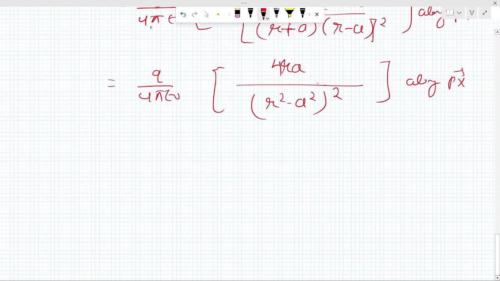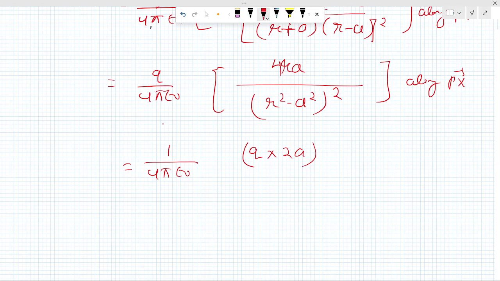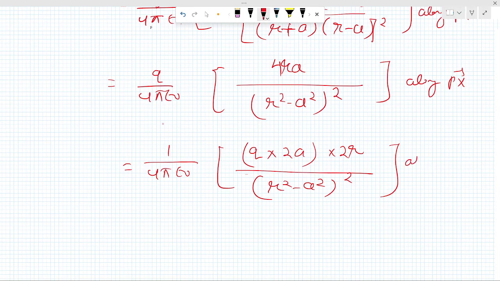Okay, next, if I take q inside the bracket, then it gives 1 by 4 pi epsilon naught q into 2a, into 2r divided by r square minus a square whole square along your PX direction,